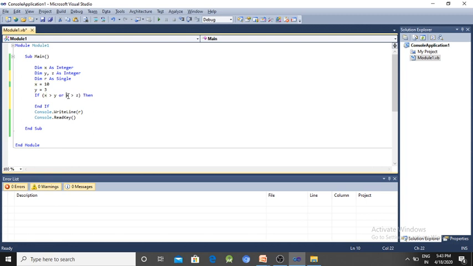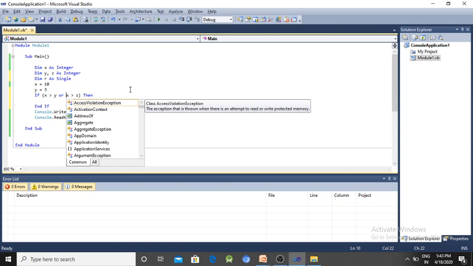Suppose we use or, that means if any one condition is true, then the output will be true and it will execute. Similarly, we can create a boolean expression and execute a part of the decision statement. I will discuss this in an upcoming video.